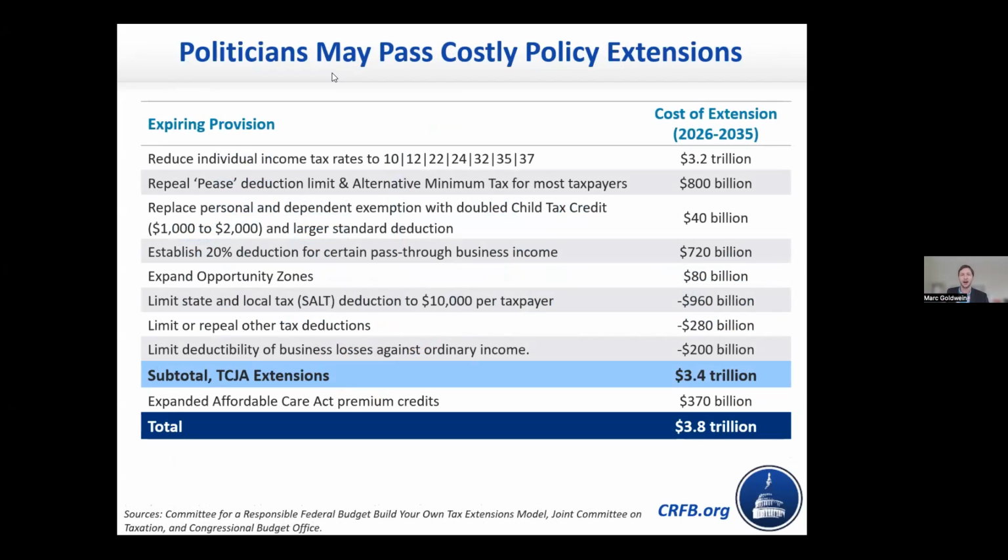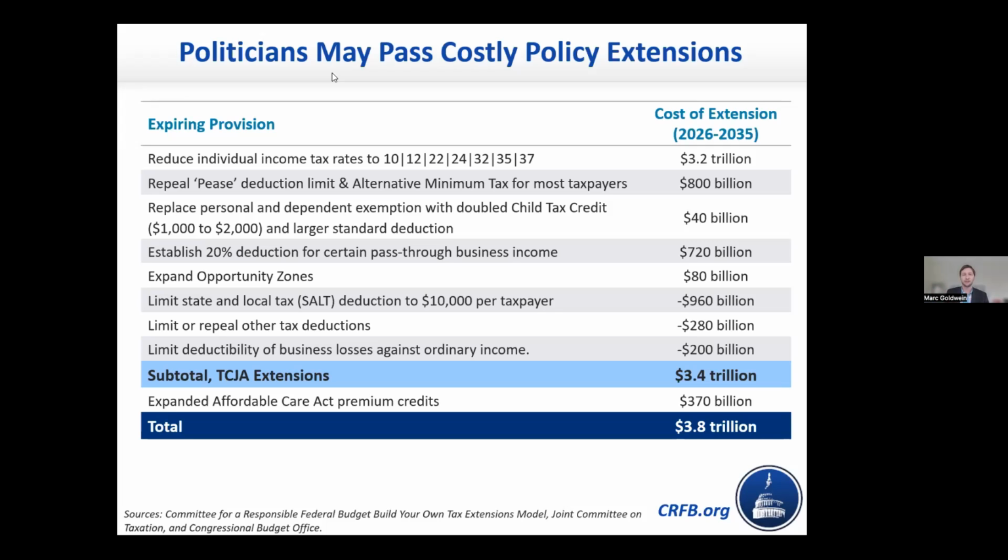At the end of 2025, large parts of the Tax Cuts and Jobs Act, along with several parts of the Affordable Care Act, expansions of our healthcare subsidies, are scheduled to expire. Although some people maybe would be happy with them expiring, the majority of folks in both parties have talked about extending most of these provisions. And some of them have talked about even expanding these provisions, making the child tax credit or the standard deduction larger, weakening the limit on state and local taxes.